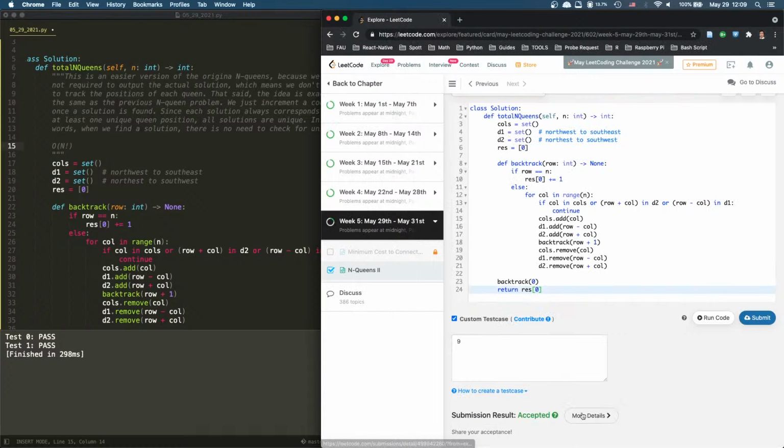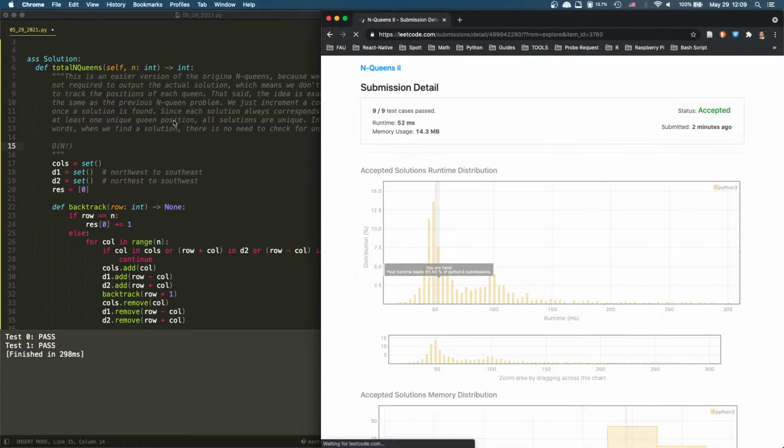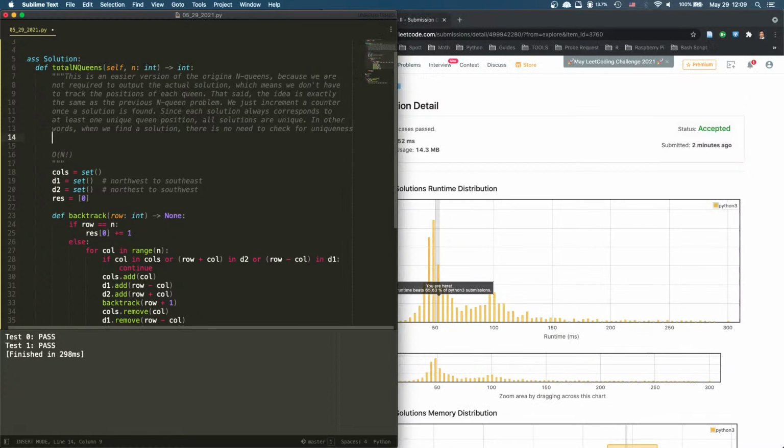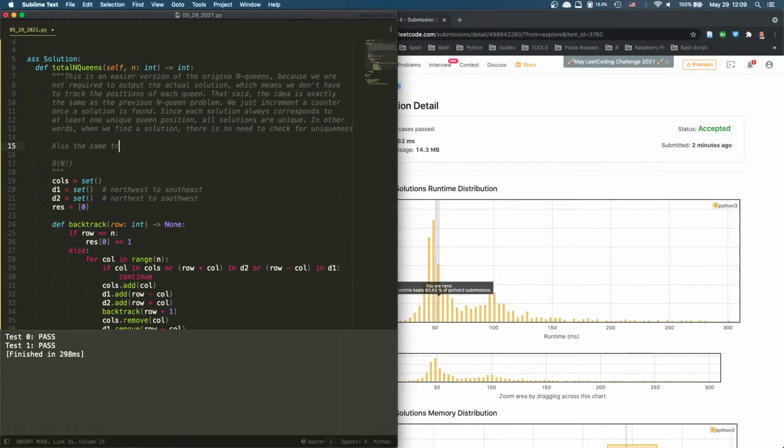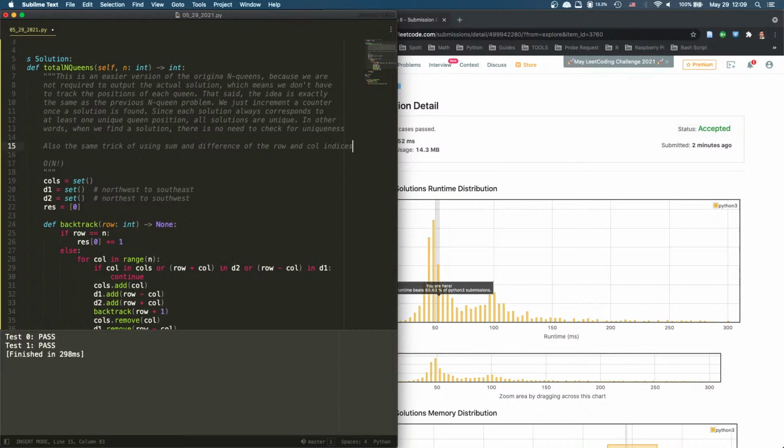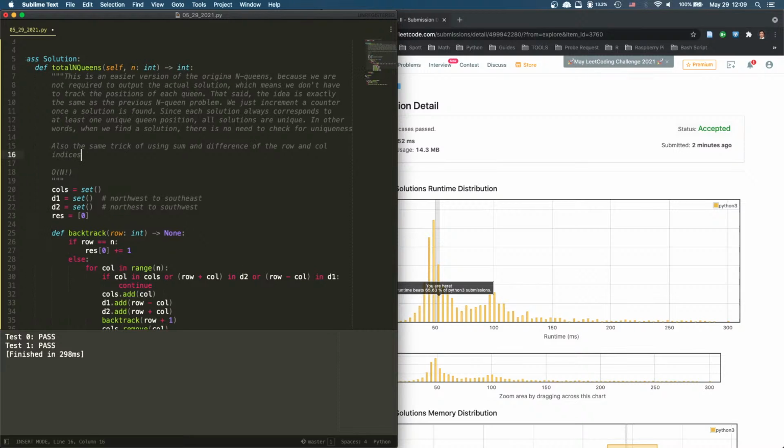What's our runtime? Oh, and also, yeah, the same trick of using the sum of the row and column indices, and the difference of the row and column indices to represent diagonals. And the same trick